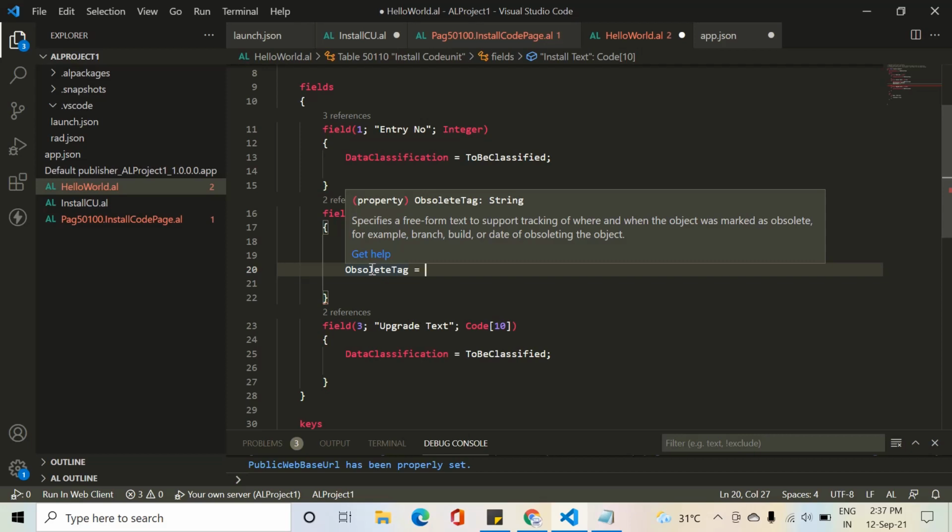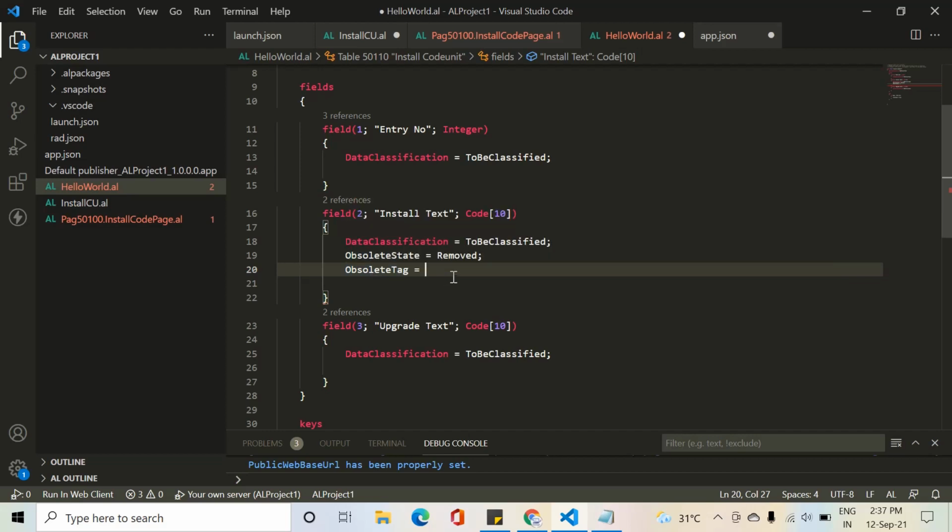For example, we can define the branch, build, or date of obsoleting the object. So what we can define is, since version 2 we have obsoleted this, and the date is